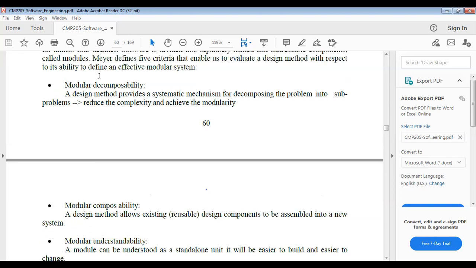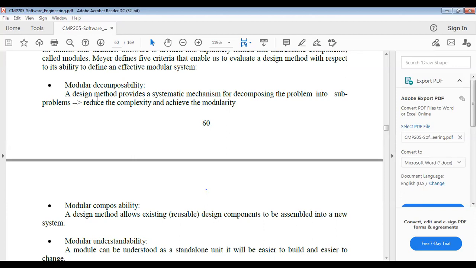There are some criteria for effective modular systems. First one is modular decomposability. A design method provides a systematic mechanism for decomposing the problem into subproblems. Next is modular composability. A design method allows existing or reusable design components to be assembled into a new system.